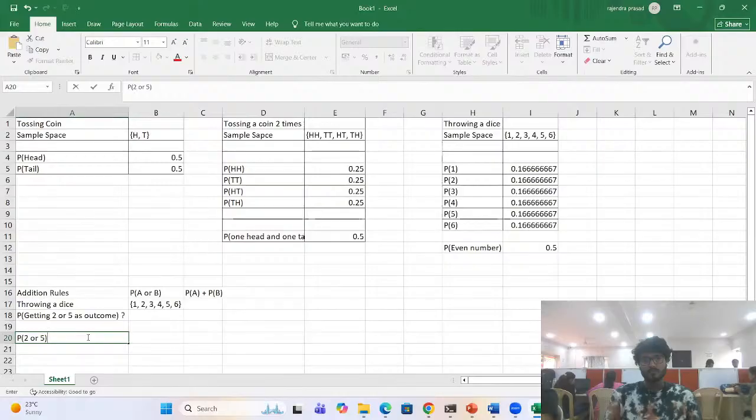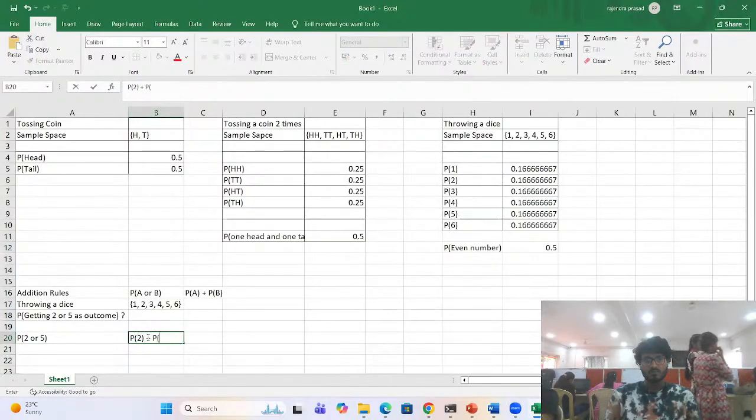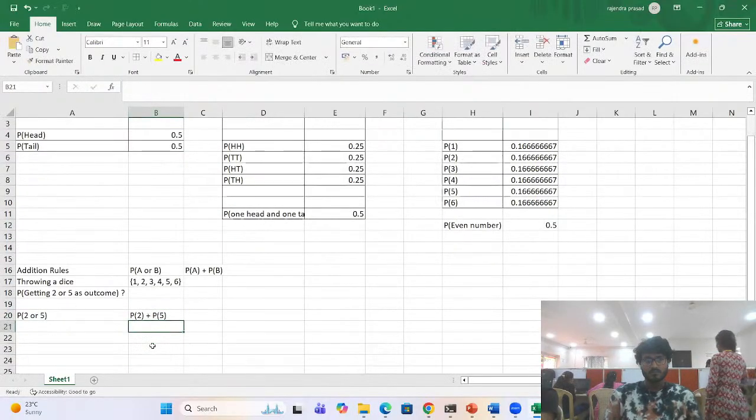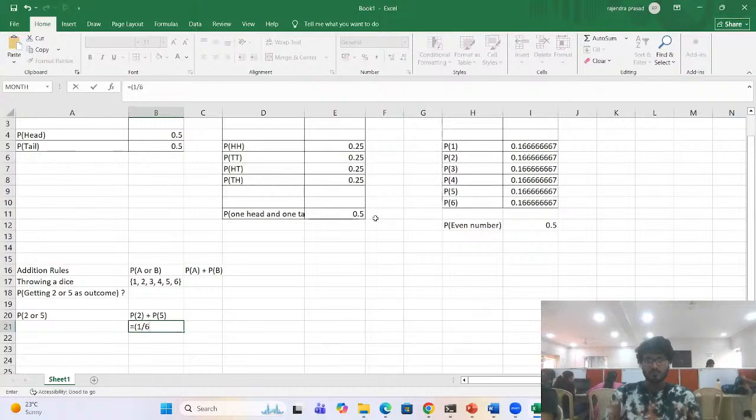Yes. If it's a 2 coming, it cannot be a 5. If it is a 5 coming, it cannot be a 2. So you can go by using probability of A plus probability of B, which is nothing but probability of 2 plus probability of 5. Probability of 2 is 1 divided by 6,